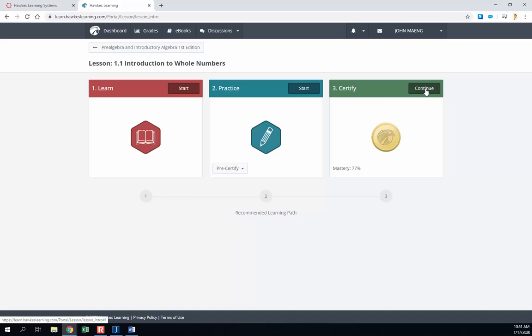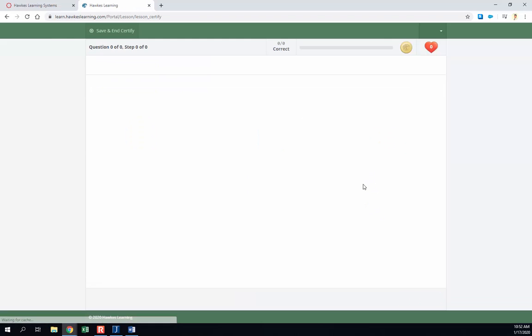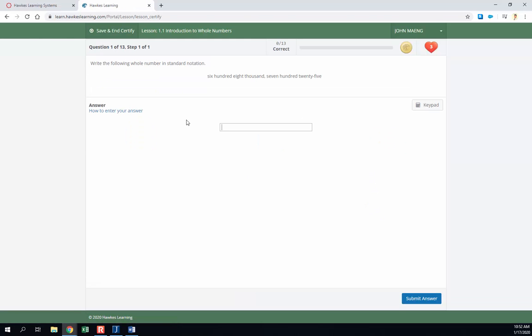Now, practice is good to prepare you for the certify. Certify is what you need to do to get credit for the homework assignment. As you can see, it says mastery 77%. What that really means is once you get 77% correct, let's say you got the first 10 correct, they might just certify you automatically and you get 100% for your homework that week. If you just barely got it, if you ran out, you see these hearts right here on the top right, if you lost all the hearts,